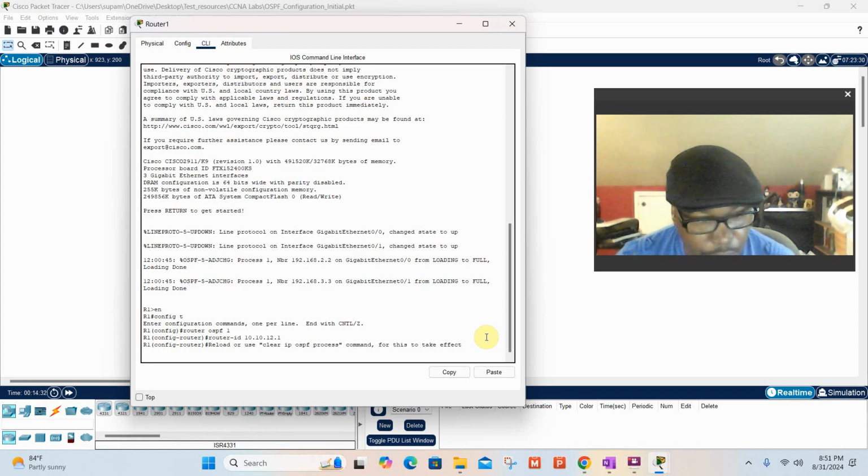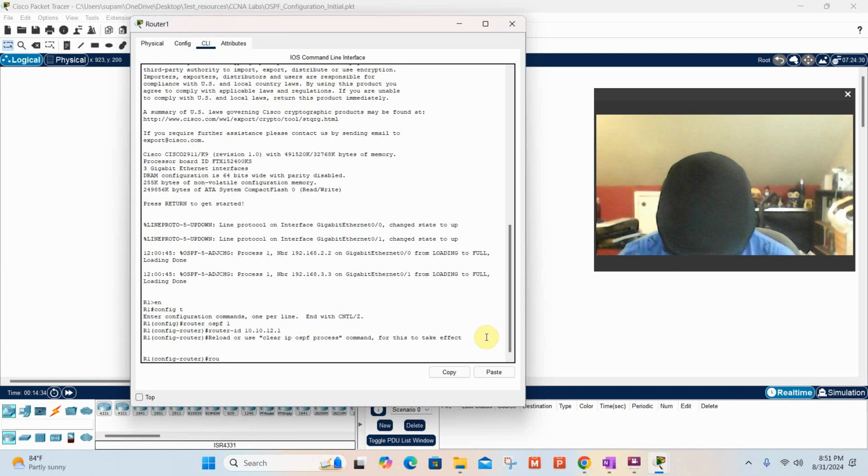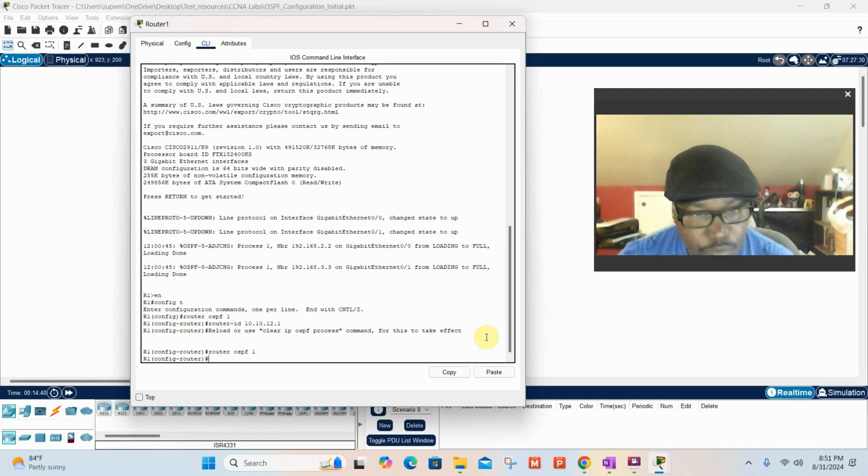So we're going to start with router OSPF 1. And we're going to add the IP addresses of the other two routers. We're going to add them to this network statically. So that would be network